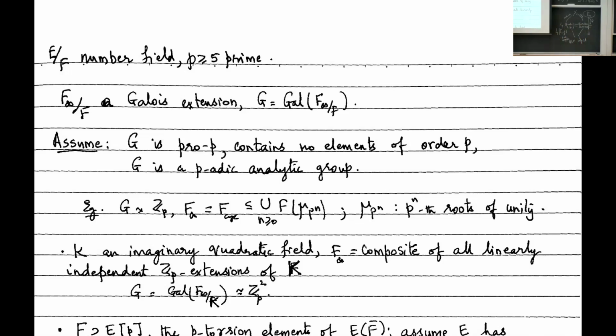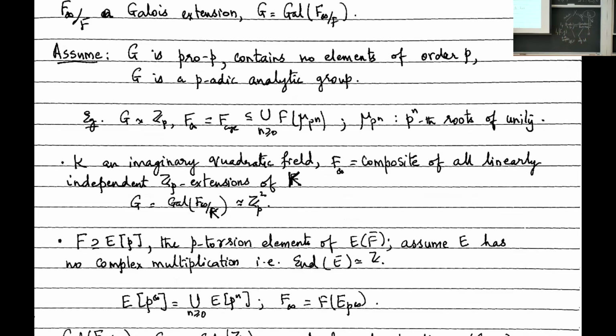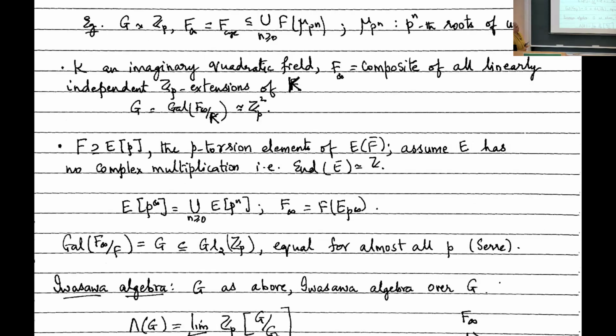of another such extension. I can take my base field and I can assume that it contains the p torsion points of the elliptic curve, and assume that it has no complex multiplication. The elliptic curve has no complex multiplication, which just means that the endomorphism ring is not larger than the ring of integers. So it's just Z. And then I take the p division points of the elliptic curve. E is an abelian variety, so I can look at the p to the power n torsion points as n varies, attach the coordinates to my ground field, then I get a larger and larger extension, and then F infinity,